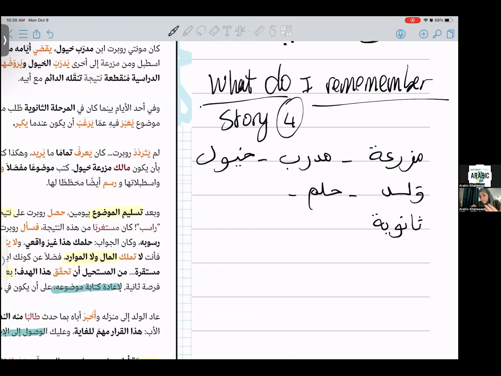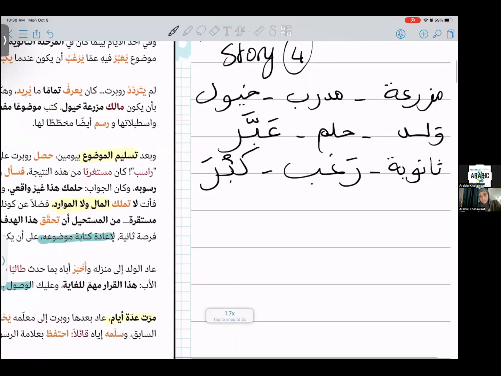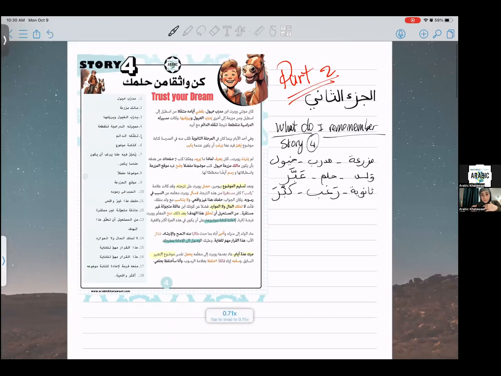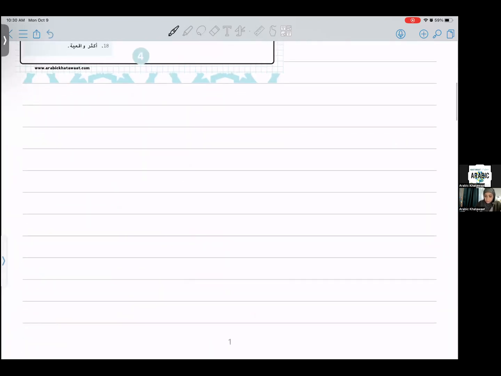What else do I remember? Verbs. I can retrieval. Verbs. عبر, express. رغب. What else? كبر. Okay. And then you can play around with this by remembering the title of the story, try to retrieve your vocab by just randomly throwing words the way they occur to you. That's stage number 1. So we have to think about how we can retrieve our info or vocab and then rewrite,